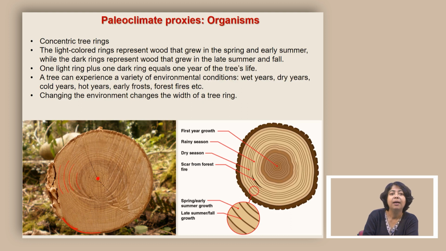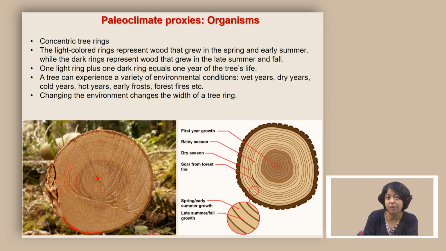Not only that, the tree can experience a variety of environmental conditions within a year. Sometimes it is a wet year, sometimes it is a dry year. Within the year, it can be a heavy rainfall, it can be a low rainfall. And even without the isotopes, if you simply look at the tree ring width, they are going to tell you something about the growth pattern, and you can infer something about the environmental conditions. So, you can infer some things like wet years versus dry years versus cold years versus hot years, early frosts,